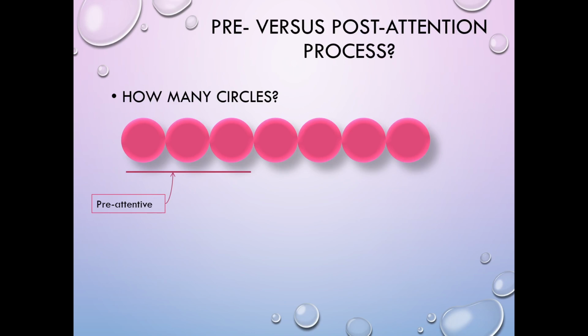When you have a small number of objects to what we call enumerate, to say how many there are, it's a pre-attentive process. Us adults, at least, this is not necessarily true for children who are still learning counting and counting words. But for us adults who know the word 3, we can at a glance pre-attentively process up to,